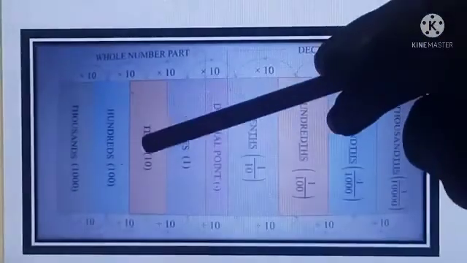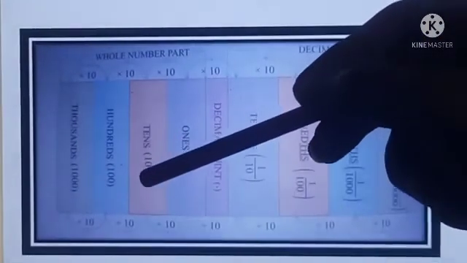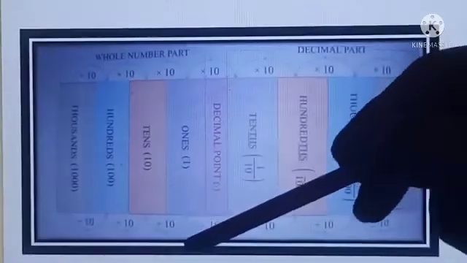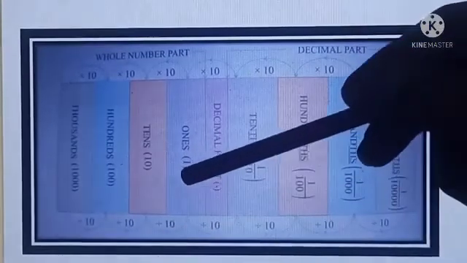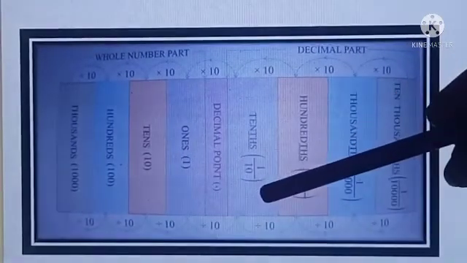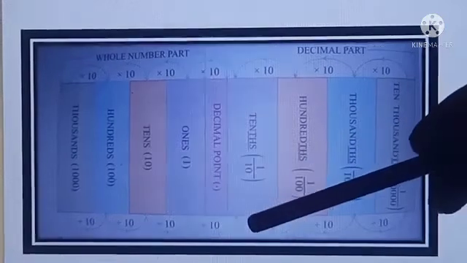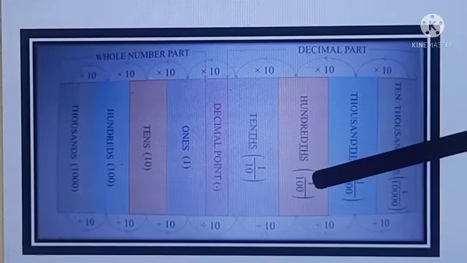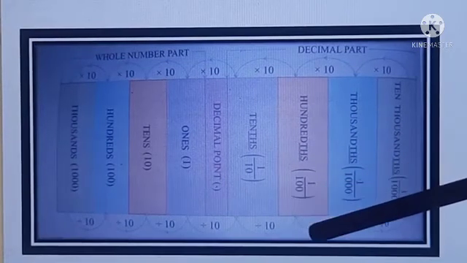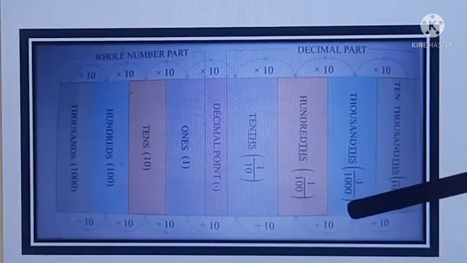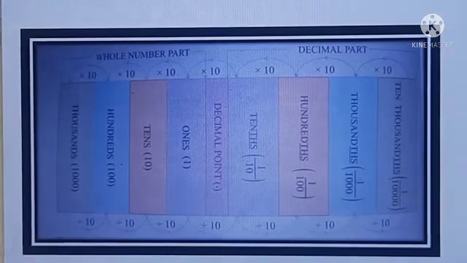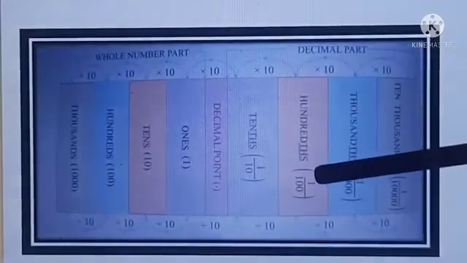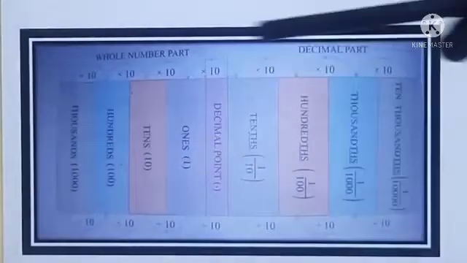If we look from here, tens. Tens means 10. 10 divided by 10, as we move to the right, will give you the ones. Ones divided by 10 will give you tenths. Then the tenths place, 1 upon 10, divided by 10 will give you the value 1 upon 100. That is hundredths. Then 1 upon 100 divided by 10, we will reach thousandths, 1 upon 1000. Okay. Here it is: hundredths, thousandths.